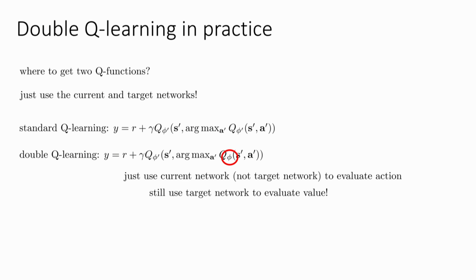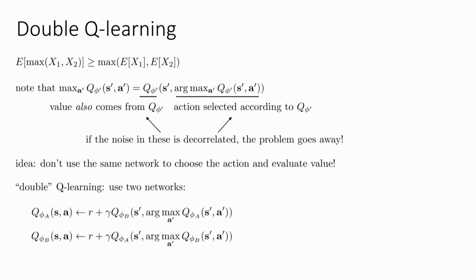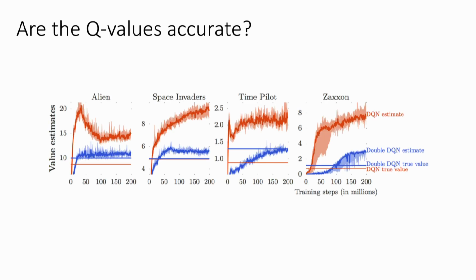Any other questions? Has anyone actually done an analytical analysis of how much this is going to decouple and then ruin our previous assumption? Right, so how much does this decouple? It's hard to quantify what decoupling really means because it's such a vague term. People have quantified how much this reduces overestimation, and the answer is that it reduces it a lot. The picture that I had before, we can go back to and take a look. Here, the red curve is what you get from regular Q-learning. The blue one is from double Q-learning. You can see that it's a night and day difference. It's gone from overestimating massively to actually being pretty close.